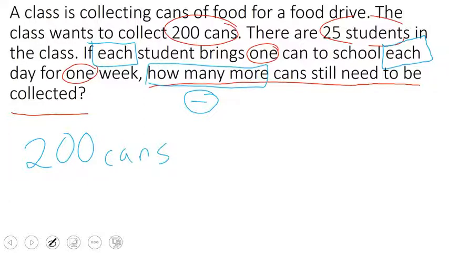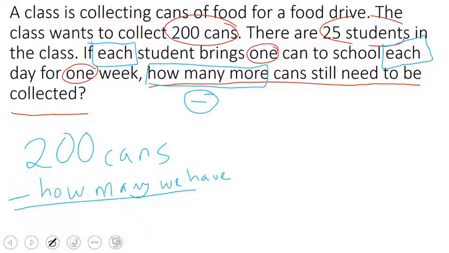To find out how many more they need, I know that's going to need some kind of subtraction. So let's figure out what we need to subtract. How many cans do they already have? So we need to subtract how many we have. Looking back in our problem, it doesn't tell us how many cans we actually have, but it does tell us